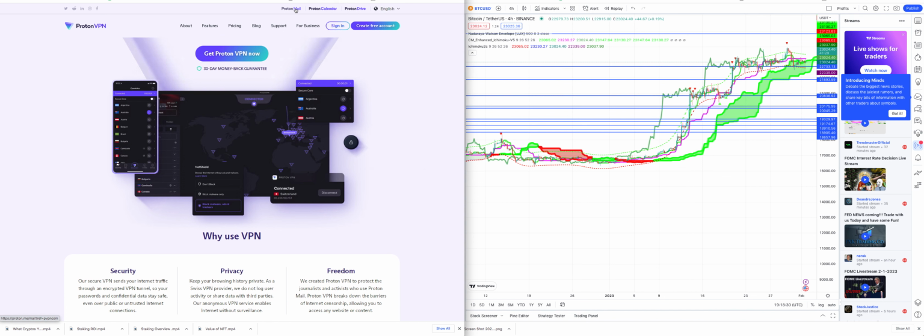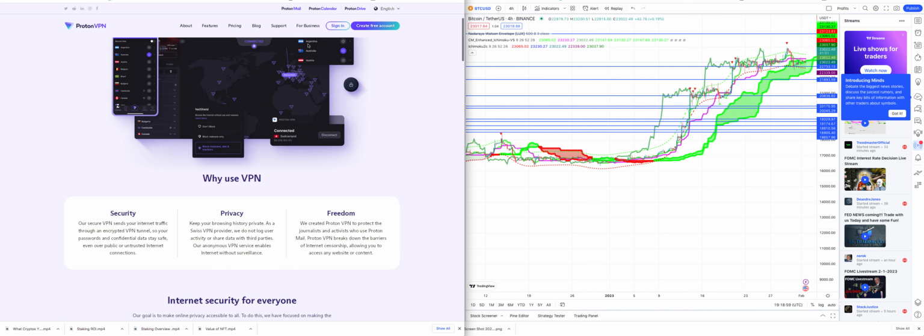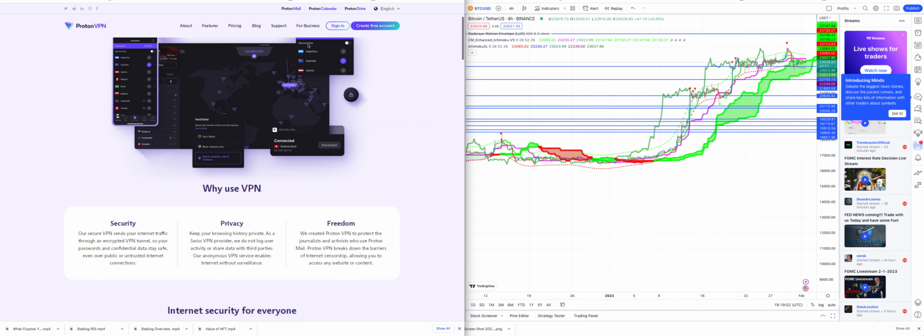They also give you the ability to set up a Proton email, or Proton Mail, which is a private email, folks. Also, Proton Drive, if you want to protect your stuff. If you want to keep your stuff off of Google Drive and not have your information given to Google, because they probably lend that information back out to people, put it on a Proton Drive. It's a private drive. Also, they have a private calendar and private mail for those who are looking to protect your funds, your information, or just your access to things, folks. This is a great private VPN and private email for those who are trying to use this.